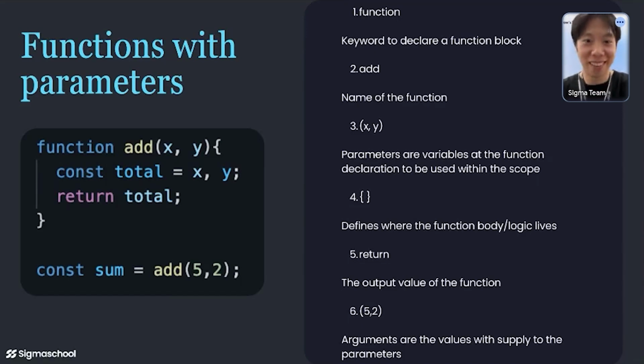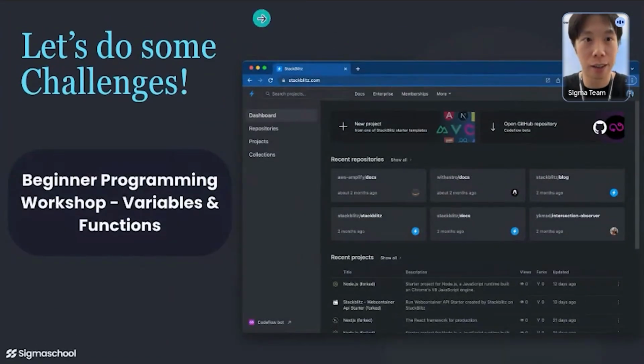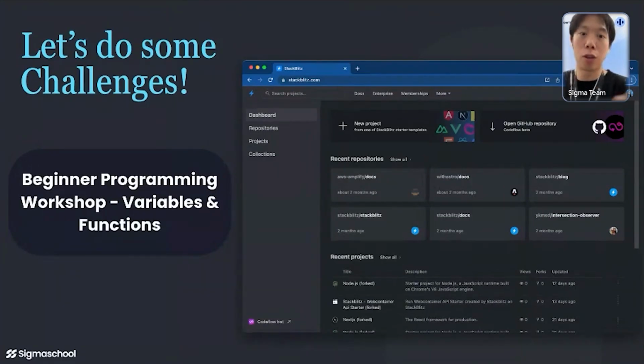Sort of. Okay, let's go to some examples, and then you can actually see how to use it in action. All right, let's do some challenges. Now I want you to go back to the same page as previously, or you can click the same link again to the challenges. That will actually bring you to this page as well.